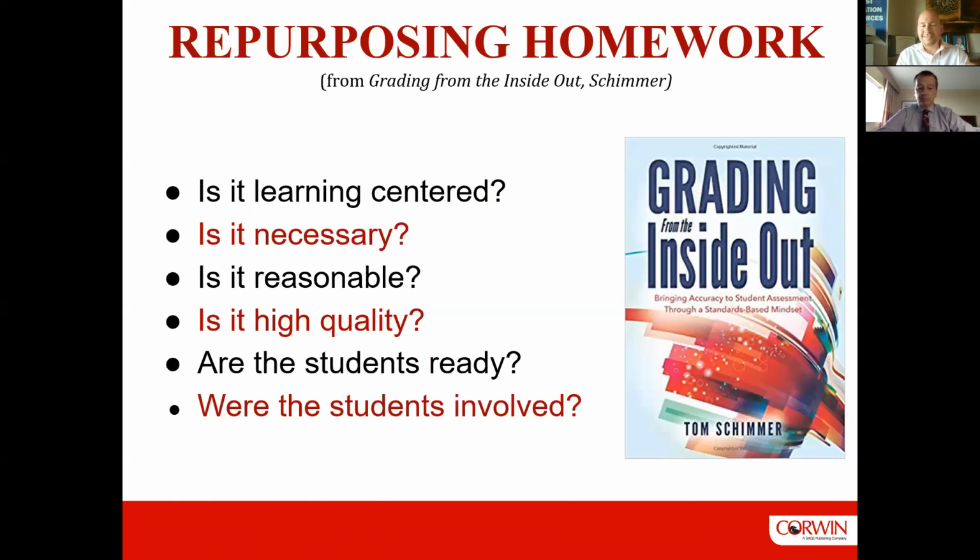Is it learning-centered? Is it necessary? Is it reasonable? Is it high quality? So is it really going to help move their learning forward? Are the students ready, and are they involved? These are questions that we encourage you to use to work through this, because ultimately,